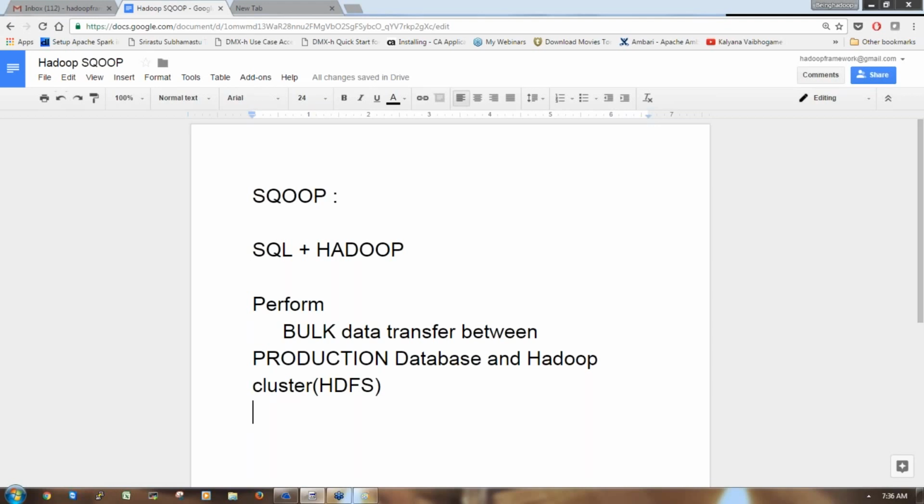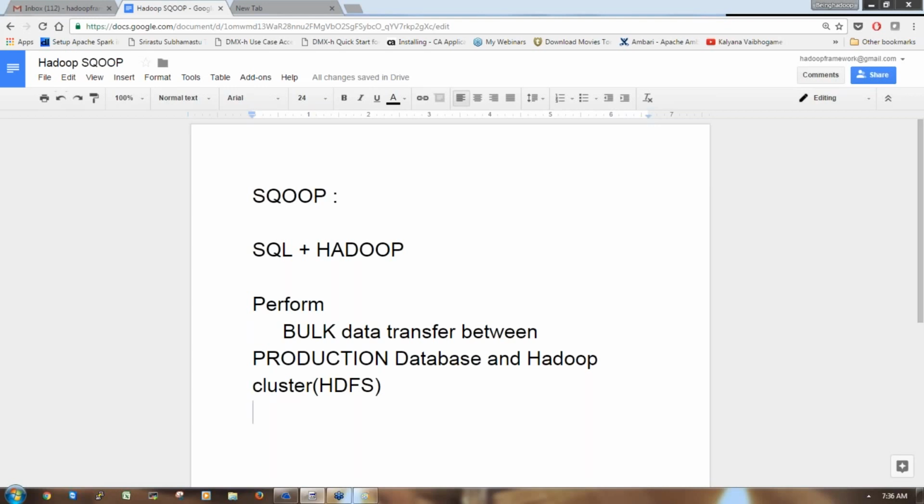In the same way, we use Sqoop to import the data from the production database to the Hadoop cluster, write the data into the Hadoop cluster, and then use the same kind of data processing in Hive. Hive is similar to MySQL: how we perform DDL and DML operations in MySQL, we do the same kind of operations in Hive.